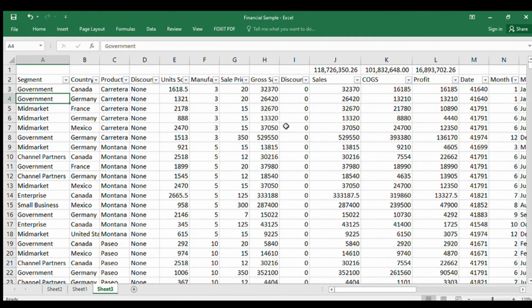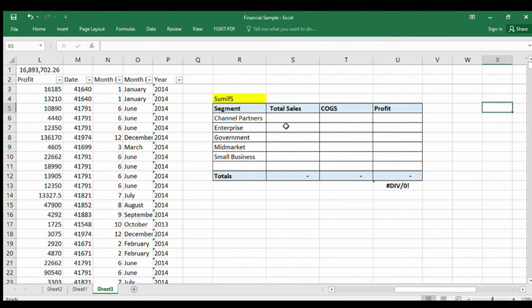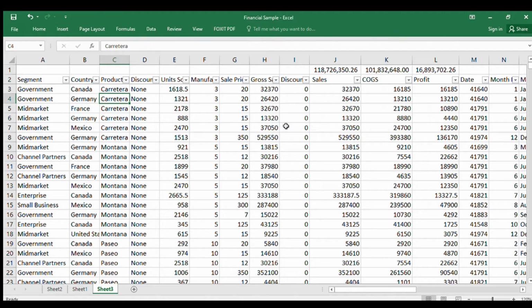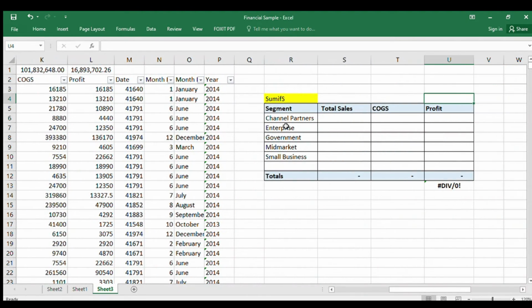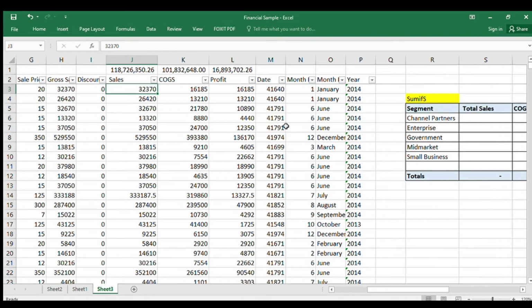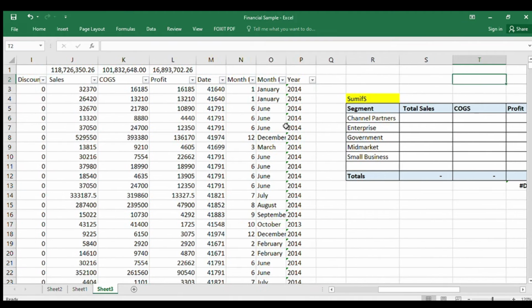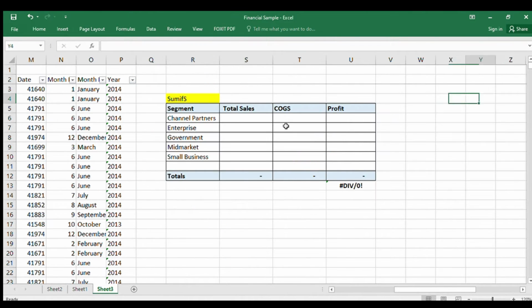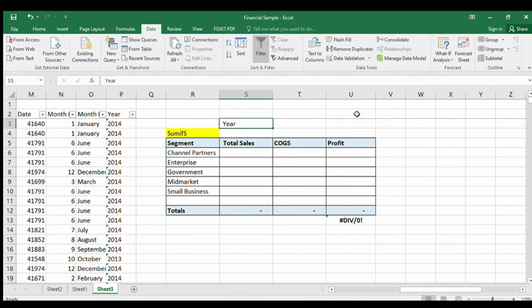If you noticed here, the last time we added the whole number, the whole year, the whole total profit and sales by segment. Today we will be adding all of the total sales by segment using an argument by year. We already have a year here to determine the sales from the segment. So we have to insert